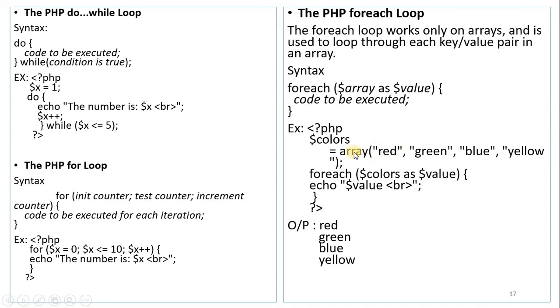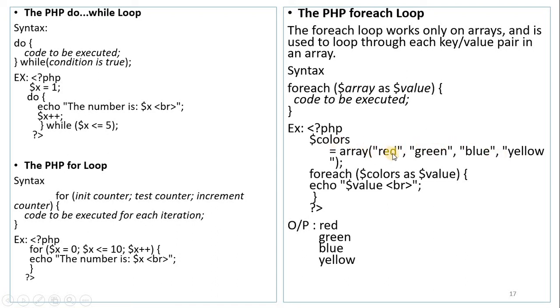Okay, now how can you say that colors is an array? So here see, I have a predefined keyword called array for declaring an array. Okay, so array is equal to the values I have given. So now colors can be considered as an array. Okay, now foreach $colors as $value means what here? So initially $colors as $value means that it is considered to be the first value. So that is 0, 1, 2, 3.